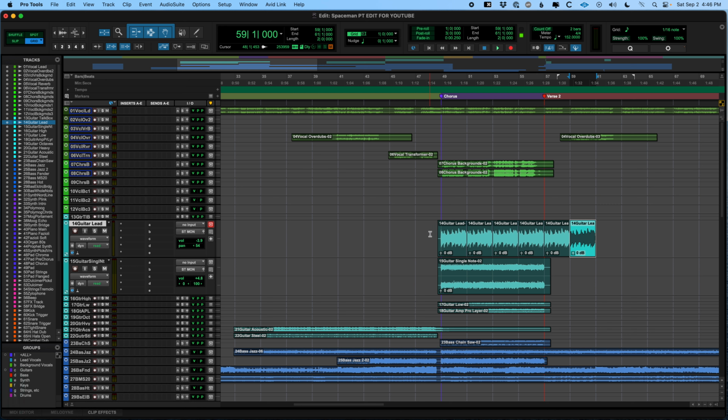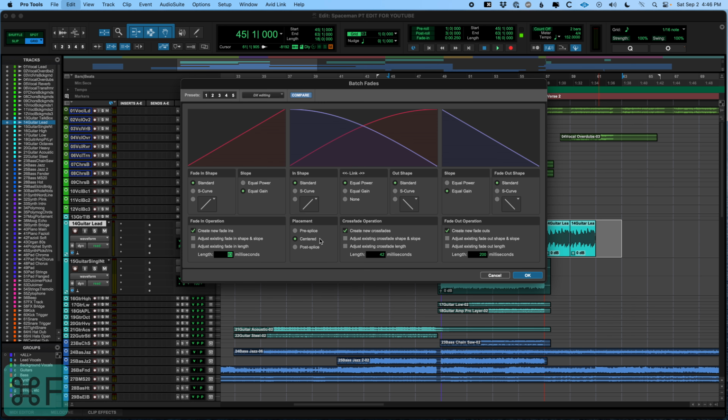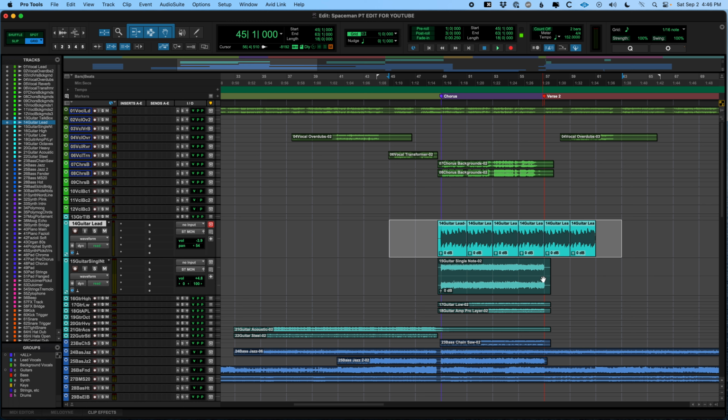If you want to batch your fades, meaning do a bunch at once, you can select all this and press Command F to set up some options here. Do you want to create new fade-ins? Yes. Do you want to adjust existing ones? I say no, because I probably did that manually. How long do you want the fades to be? You got a bunch of stuff you can look at and play with here. I'm going to cancel this, and once you've set that once, all you have to do is press F, and